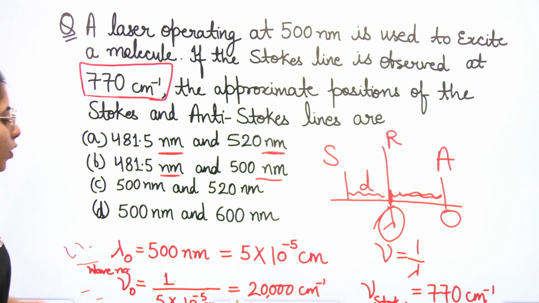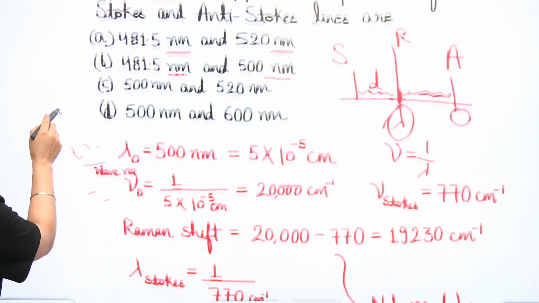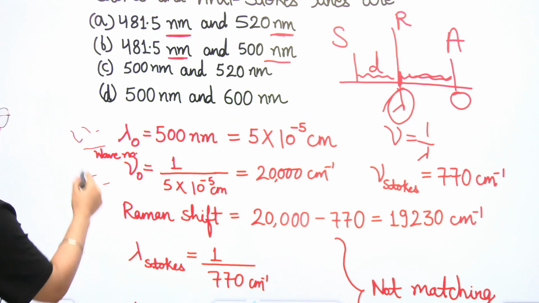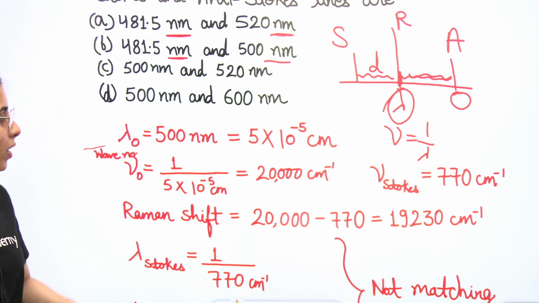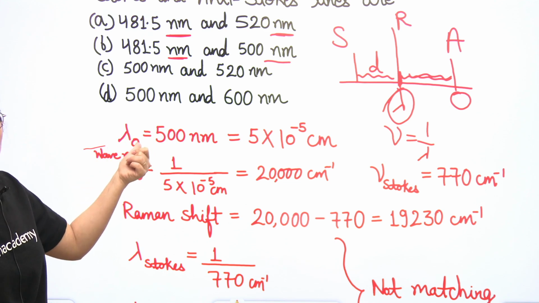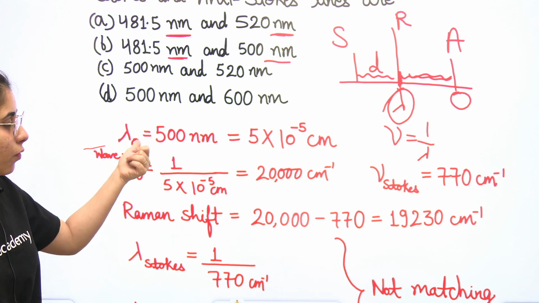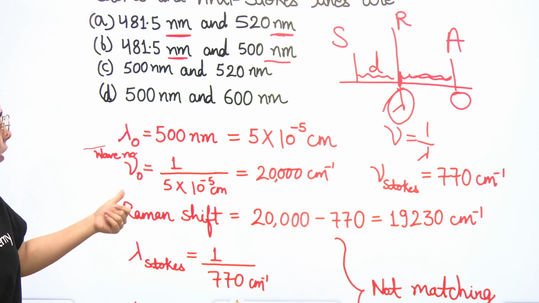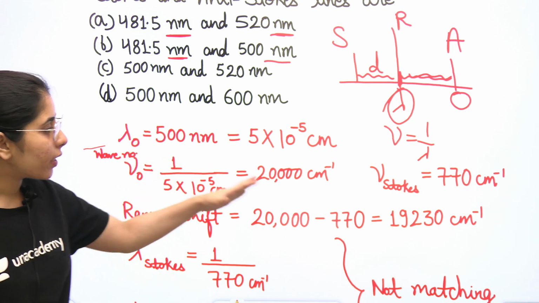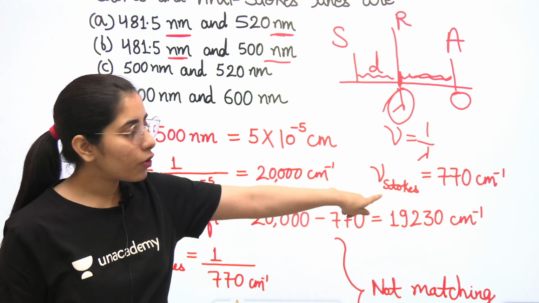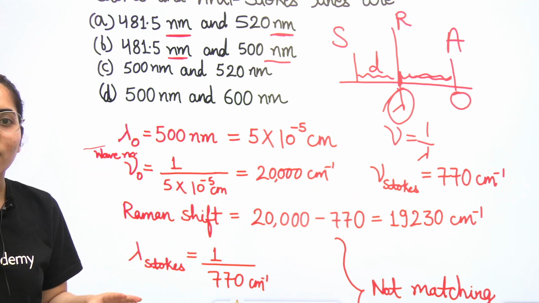Okay, so this is what we will do. I have taken such calculation steps here. You can have a look at this part and please let me know in the comments if anybody has any doubt at any point. First, the wavelength for the Rayleigh line, then we find the wave number for the Rayleigh line, that is 1 upon lambda. We got that. Now we already have the wave number for the Stokes line given to us.